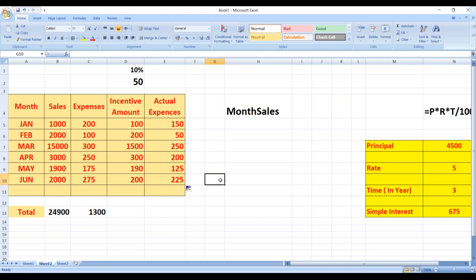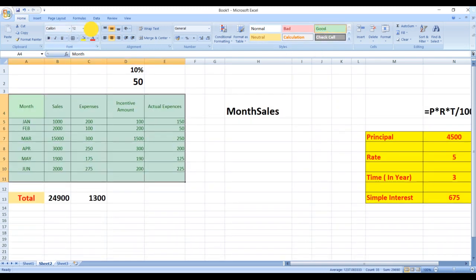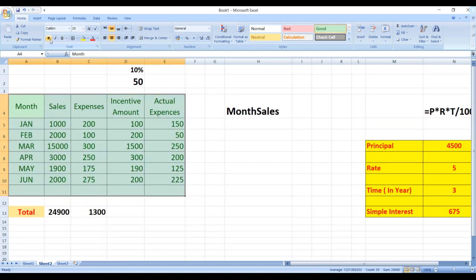Now we'll go to the next point of our lesson, that is changing the color of the sheet, or we are going to change the name of our sheet. So how to change the color? Just select it and change the color. So this is my selection. I am changing the color. I'll make it bold for you. So this way we are going to change the color.